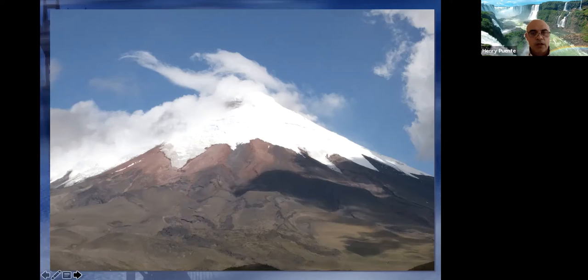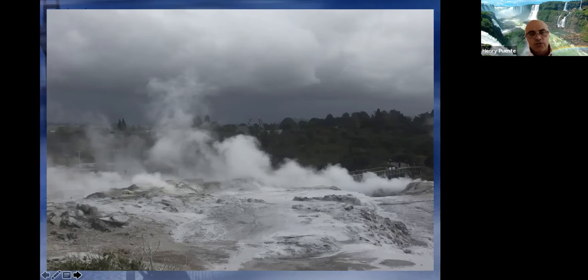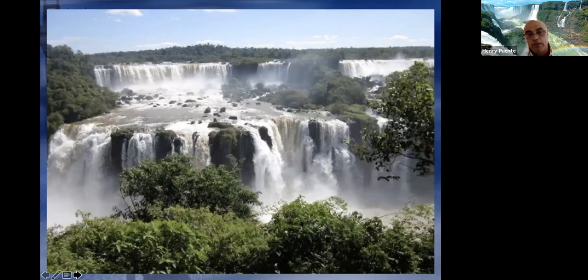another example of what we mean by natural value would be something like this. This is a hot spring. Oh gosh, where did I take this picture? This is a hot springs in New Zealand, outside of a little town called Rotorua. Just like we have geysers here, and if you've ever been to Yellowstone National Park, they also have geysers or something similar in New Zealand. This is also another example of natural beauty.